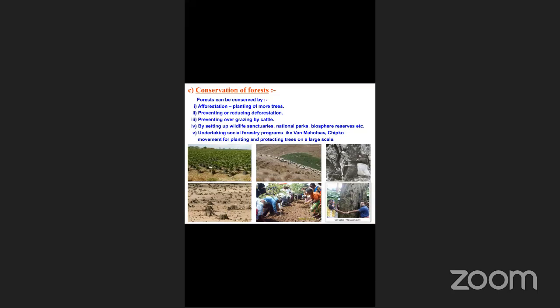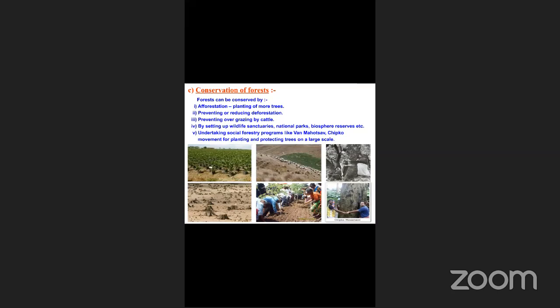And we have to prevent the overgrazing by cattle. ನಾವೇನ್ ಮಾಡ್ತೇವಿ ಕ್ಯಾಟಲ್ಸ್ ಬಿಟ್ಬಿಡ್ತೇವೆ ಹಂಗೆ ಅವು ಎಲ್ಲ ಏನ್ ವೆಜಿಟೇಷನ್ ಕವರ್ ಇರ್ತದ ಅಷ್ಟು ತಿಂದು ಬಿಡ್ತದೆ. ಸೊ ಓವರ್ ಗ್ರೇಸಿಂಗ್ ಮಾಡಿಸ್ಬಾರ್ದು ಕ್ಯಾಟಲ್ಸ್. That can prevent